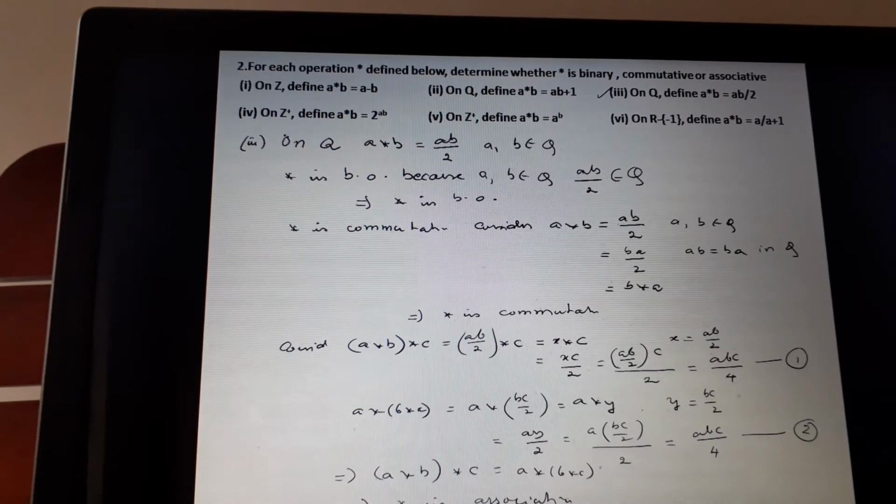In the same way here, for example, definitely it is binary, because you take any two positive integers A, B, AB is a positive integer, 2 to the power AB is also a positive integer only, and this integer definitely belongs to this set. So it is definitely binary. Second, it is commutative because 2 power AB is the same as 2 power BA. So A star B will be equal to B star A. Third one you decide. So this I will not do. You can do it as homework.